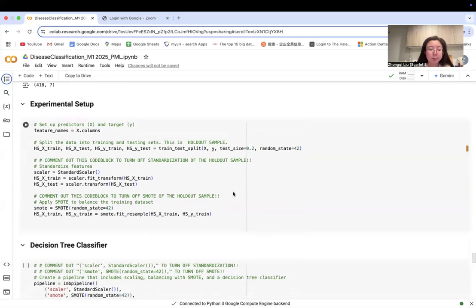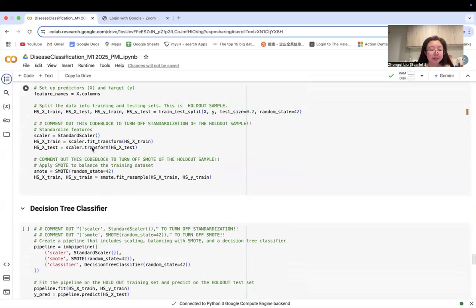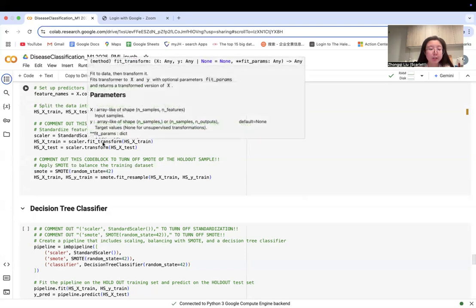So to set up for modeling, the data is first split into training and testing sets. The code specifies that the training set is 80% of the data set and testing set is 20% of the data set. Additionally, this analysis standardized features, which means that it transforms the data to have a mean of 0 and a standard deviation of 1 for each feature. It also balances the data with SMOTE,